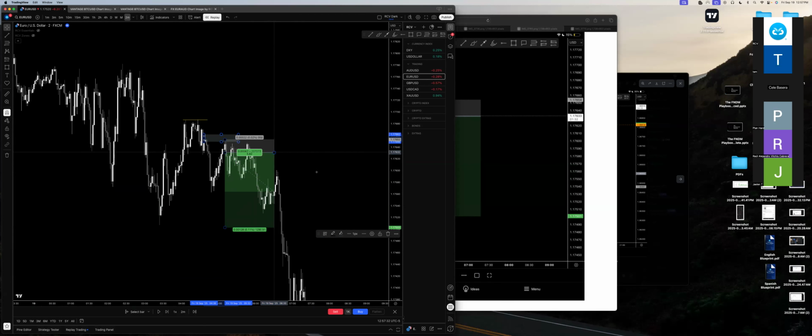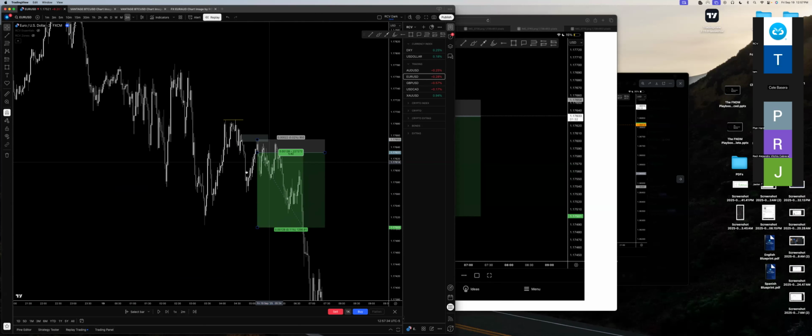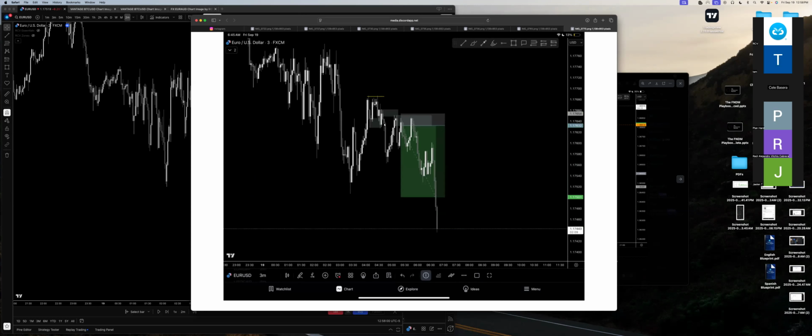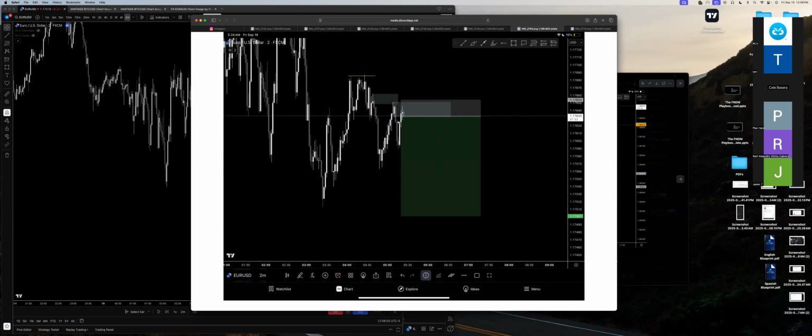So overall, very good. And if you guys are wondering, I can't move my SL here until either I have an LG or I take out the previous external range or the previous range here at the present. So even though this broke, I can only move my stop here. So couldn't really move my stop here, and then we came back into turbulence point and completed TP. So that's pretty much my scenarios for today.